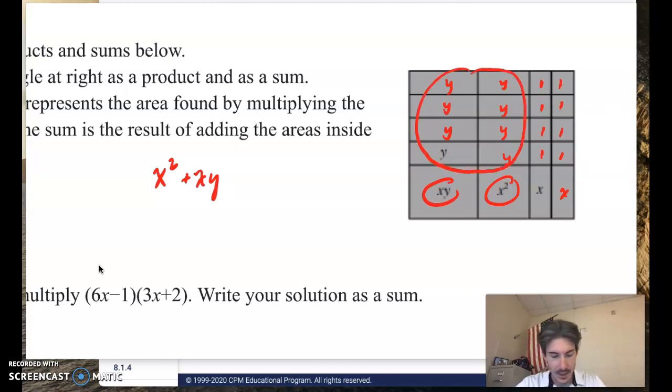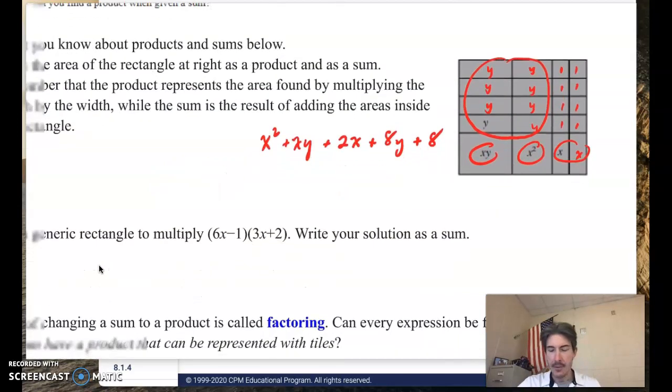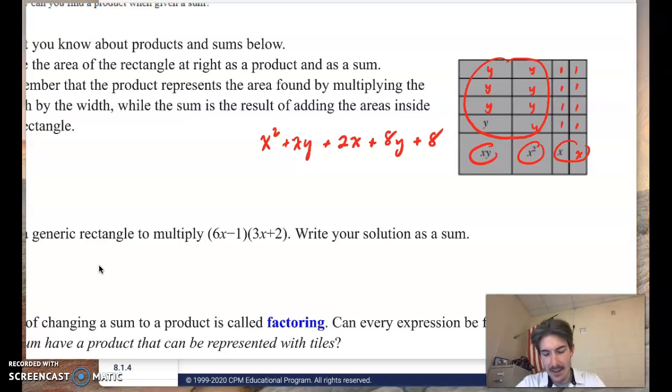So the question is, how many do I have? 1, 2, 3, 4, 5, 6, 7, 8. And you know what? I might write the x's before that alphabetically. So I've got 2 of those x's, and then I've got 8 y's. And then, of course, 1, 2, 3, 4, 5, 6, 7, 8 unit tiles just makes 8. Okay? So there is the sum of my algebra tiles,